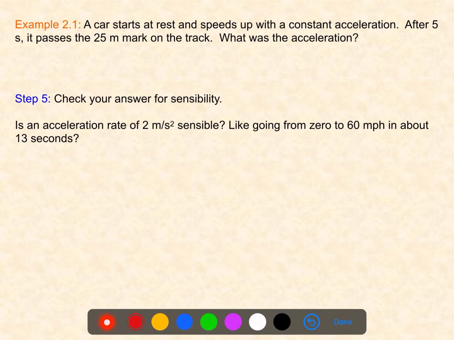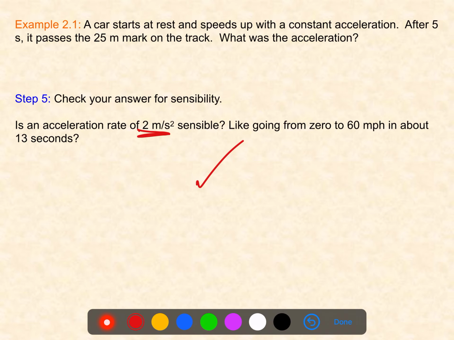Another way to think about it is the acceleration rate due to gravity is 9.8 meters per second squared, which is a lot larger number than this. So it's not something so unreasonably fast in terms of the acceleration rate that it wouldn't be feasible. Okay, so it seems to check out, and I can be confident that, yes, indeed, my answer should be 2